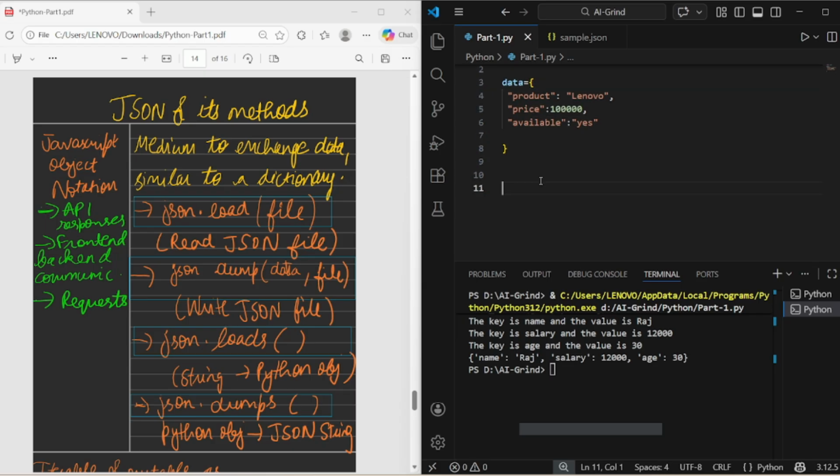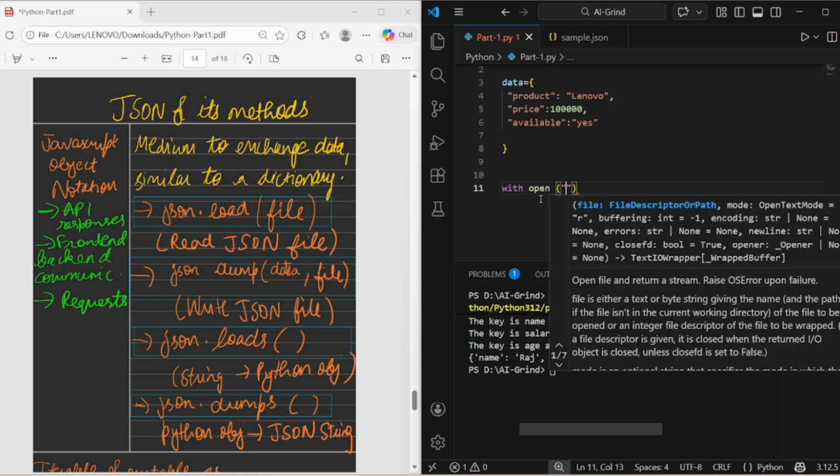So what you can do is create a file. You can write a file, you can take this data dictionary and create it like a product JSON. So what you can do is with open,